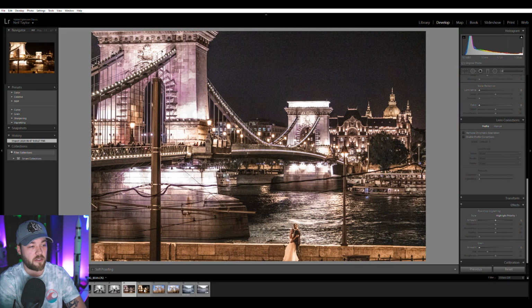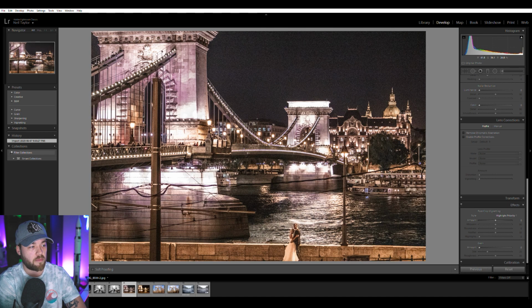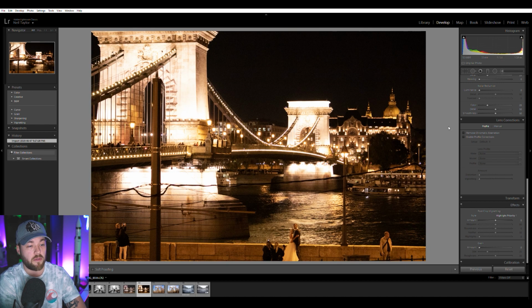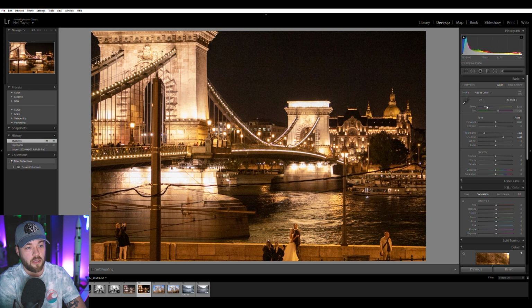I think your edit's a little bit too purple. I don't think it would be realistic to have that color there. I don't think there's colored lights there based on this photo. Maybe I'm wrong. But yeah, bring down the highlights, maybe boost the shadows. It definitely is too yellow. Okay, I see what you did. If we remove the orange,